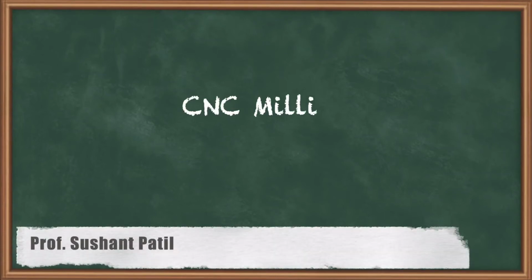Hello friends, let's begin with CNC milling. In milling operations, we have already followed facing, contouring, then pocketing, side milling, and end milling, where those cutters are used, or different types of multi-axis milling and angular milling. Those are also considered in position milling, and also considered in the CNC milling process.